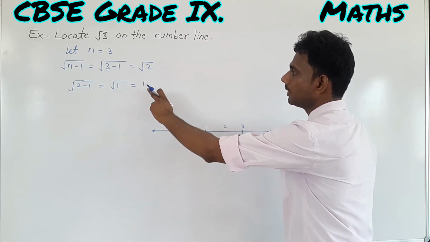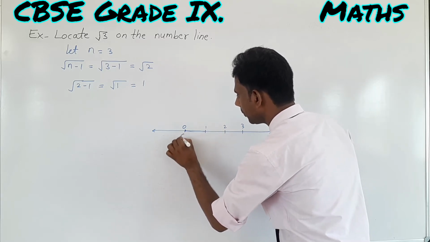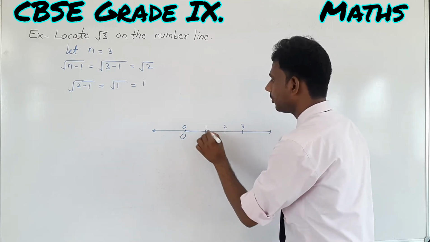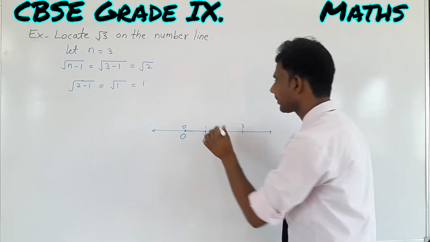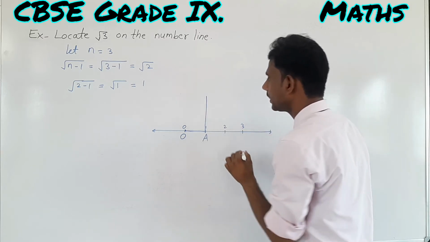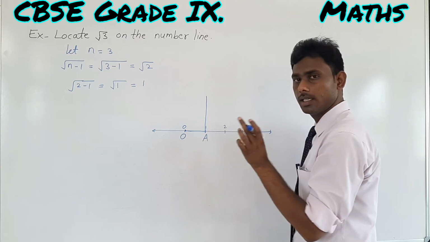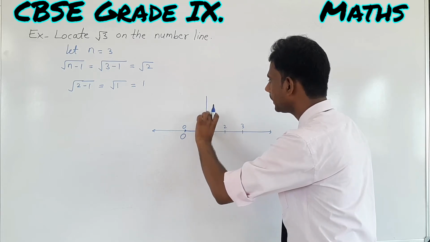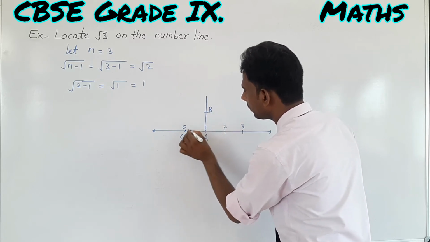First of all, here is the 1 unit. So this length is 1 unit, then this is the point O and this is the point A. At point A, you draw a perpendicular with the help of a protractor. This is the perpendicular line. This is 1 unit distance, and you take this length in the compass, and at point A you cut an arc. This is the point B. Now you join OB.